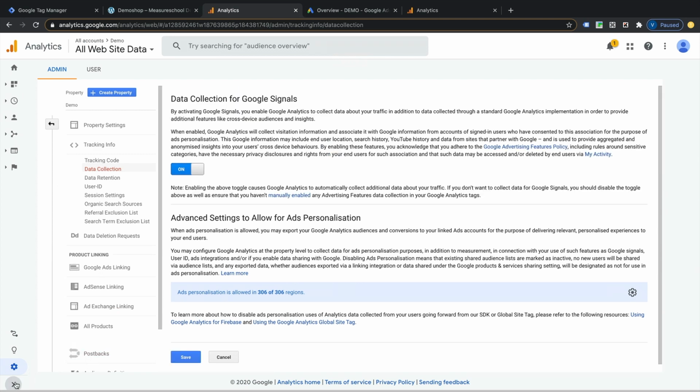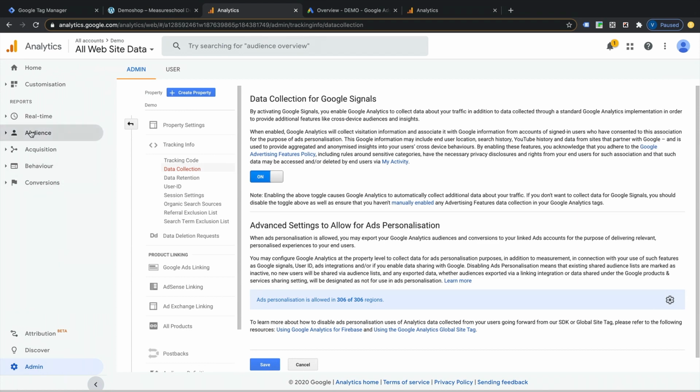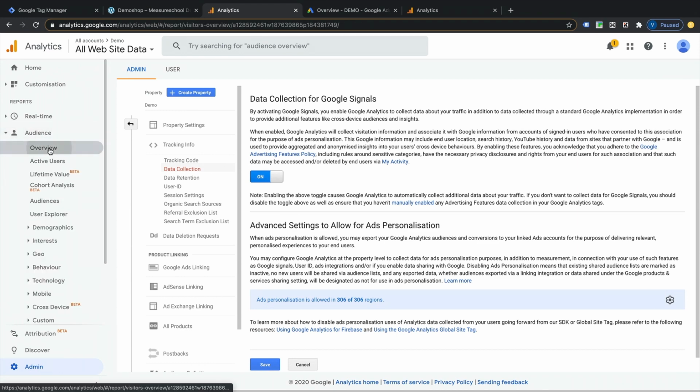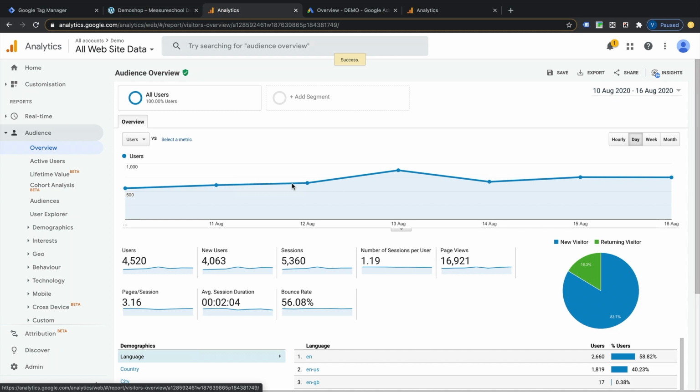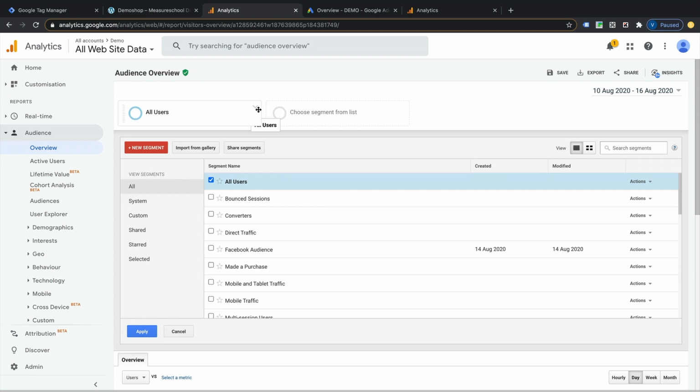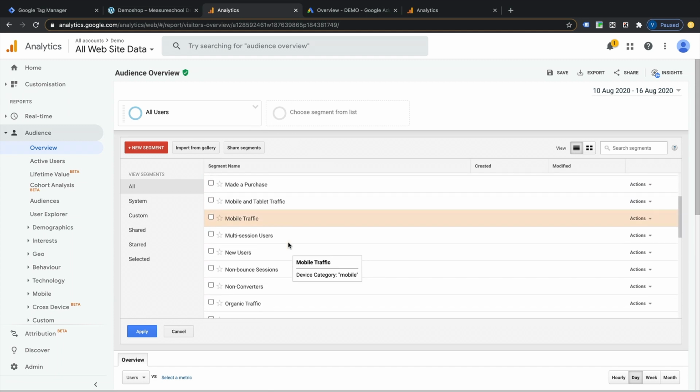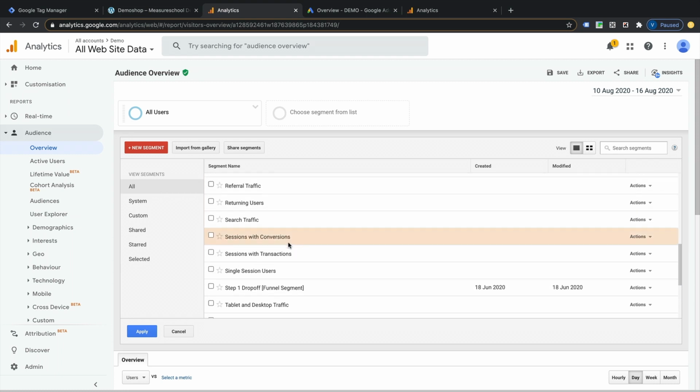So let's head down here to this little arrow, click on it, head over to Audiences and go to Overview. Now this page here is just, as it says, an overview of all of our audiences. So if we come up to All Users at the top here and we click on it, we have a ton of already built-in segments.